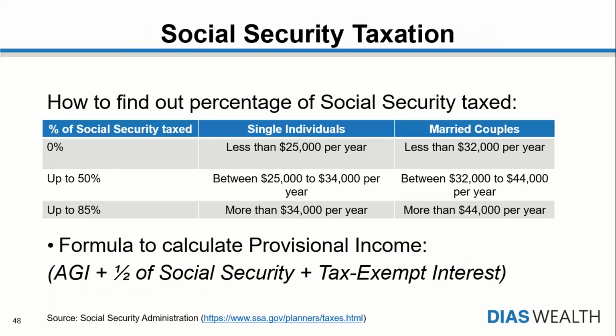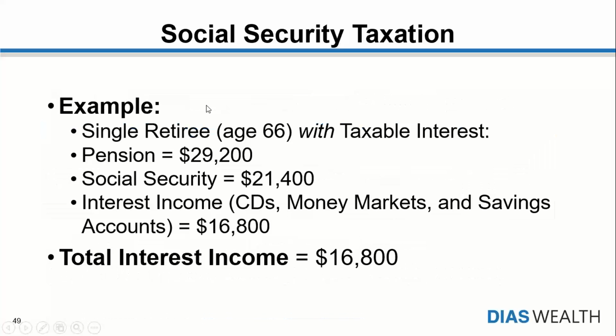So let's look at Social Security taxation. What I'm going to use in this example, because the other part that we can use an annuity, especially a non-qualified annuity, is to minimize Social Security taxation. Now, a lot of you already know how to find out the percentage of Social Security that's taxed, but you have that slide there, and that's what we're using in this example.